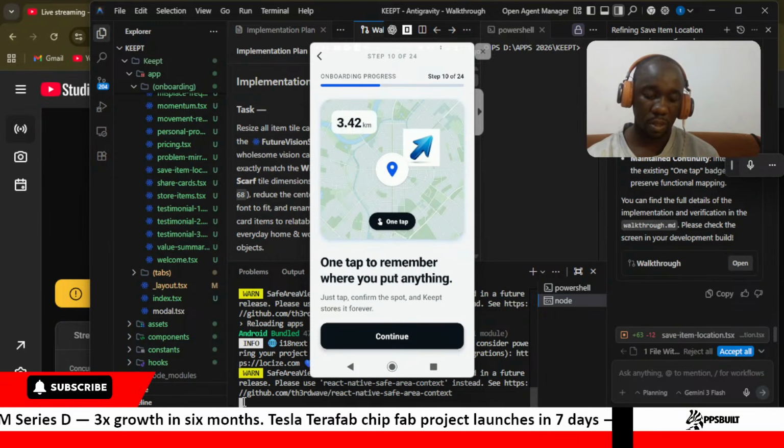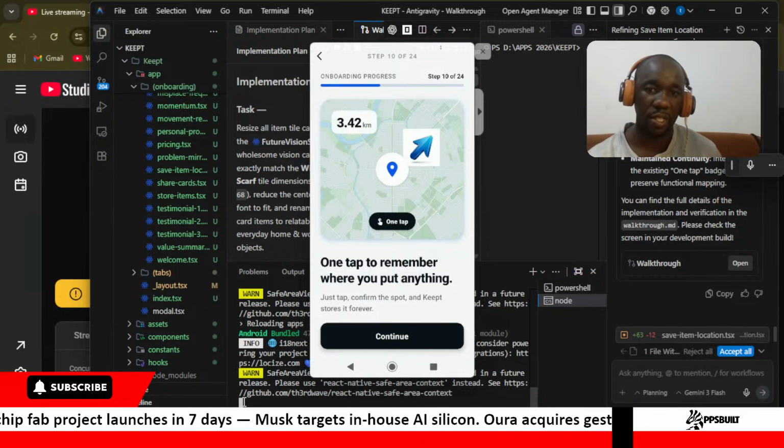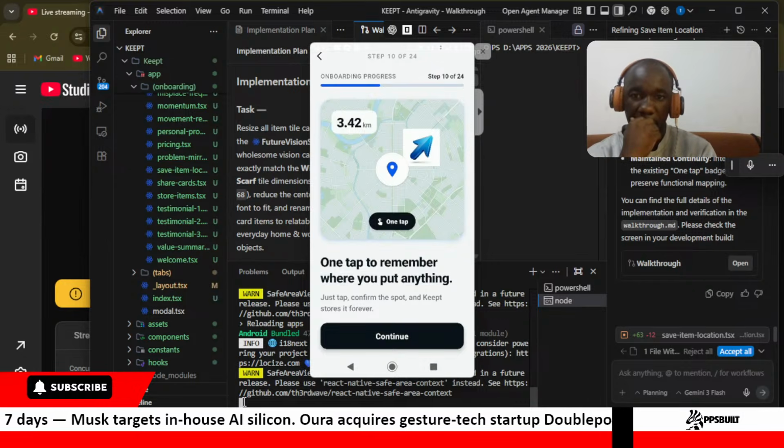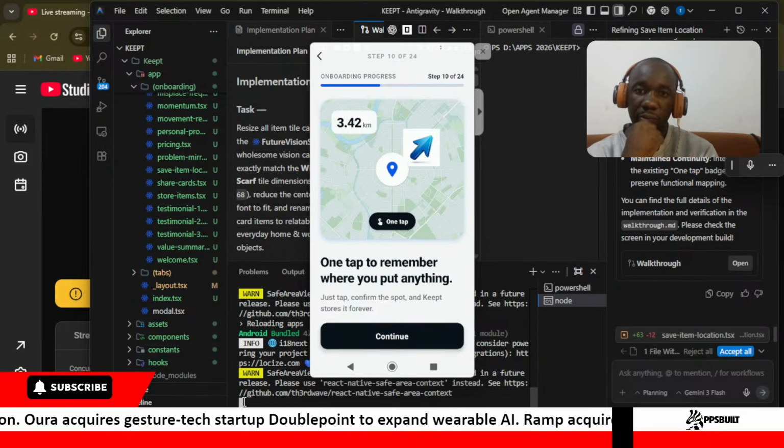Now for the screen that has been generated, the screen is quite perfect. The screen is good and perfect, but I think when it comes to the roadmap,